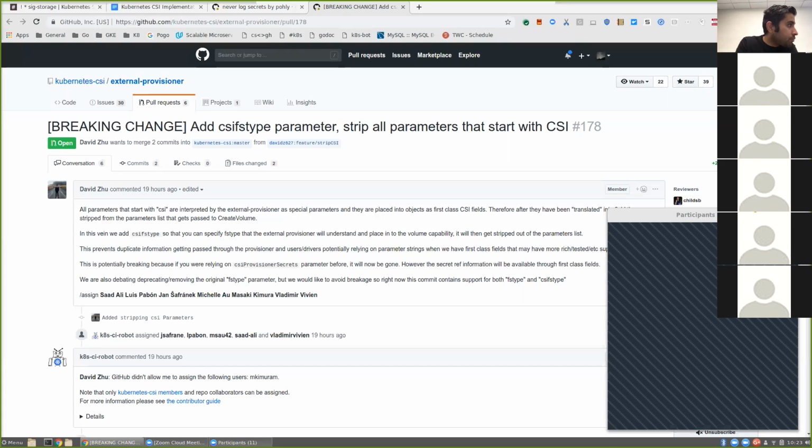Snapshotter also uses prefixes. Is it the same secret prefix? Yes. Are there any other special prefixes? That's it. Okay. Attacher also has it. Attacher doesn't have any storage class. No, but the secrets are taken from it. No, they are taken from the PV. But I thought the PV... The PV just has its own name. It's like a different name that's completely independent of this conversation. Okay. So the provisioner is the one that looks at all the secrets and puts them all in the PV. Okay. Yeah, so both the provisioner for the snapshotter and the provisioner for the volume. Got it.